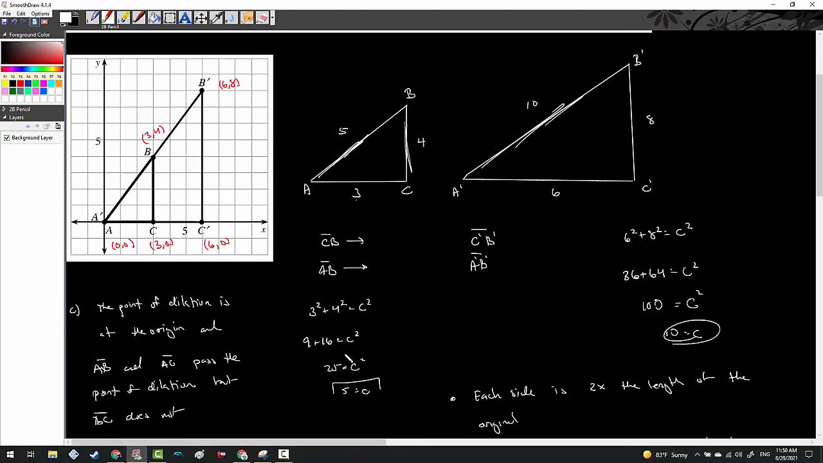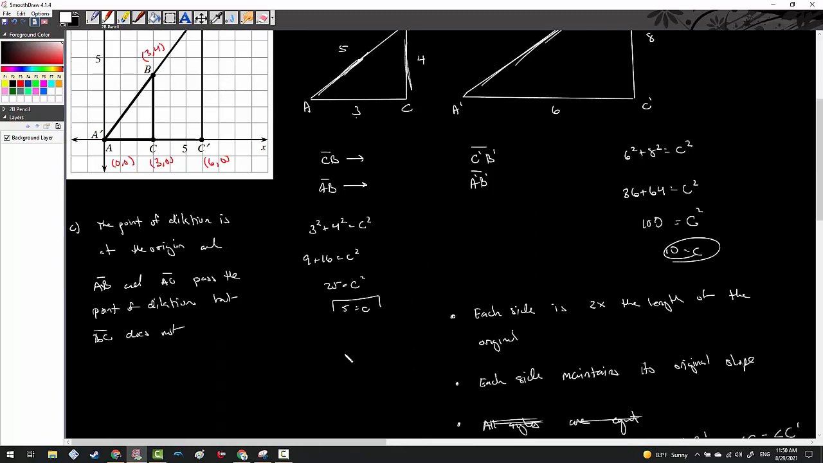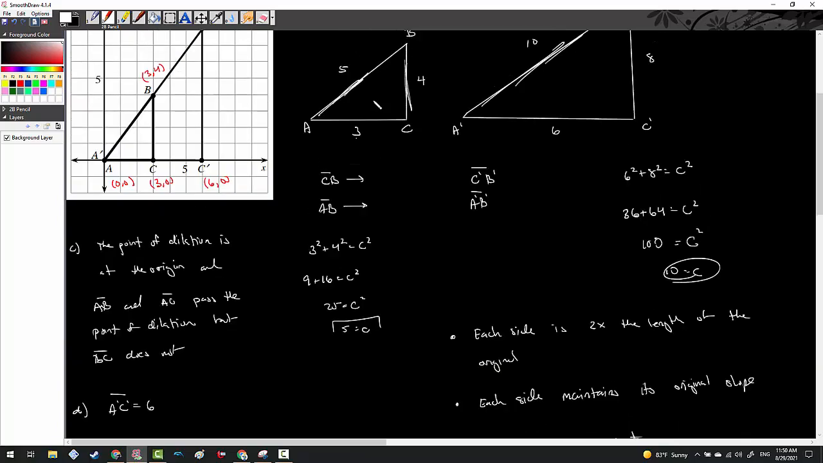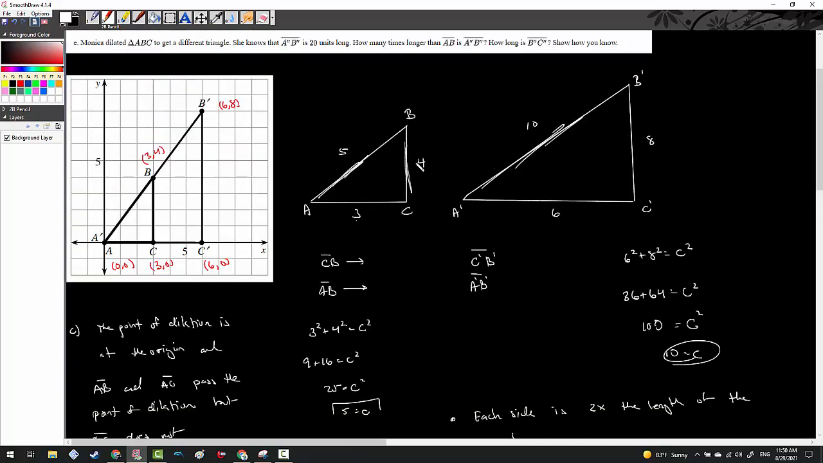So by adding the extra amounts, they're asking, could we obtain the side lengths? I don't think so. I mean, if we added 1, 2, 3 more, I guess we would get a total length of 6. That means that A prime, C prime would be 6 if I added 3 more to it. And then if I added 4 more,